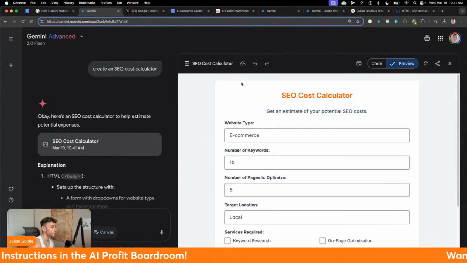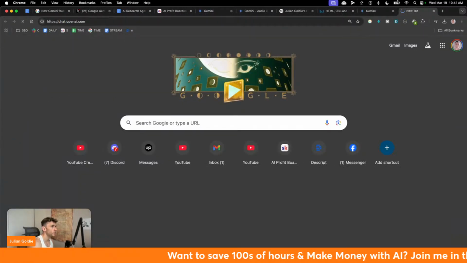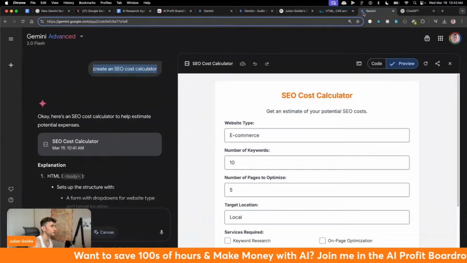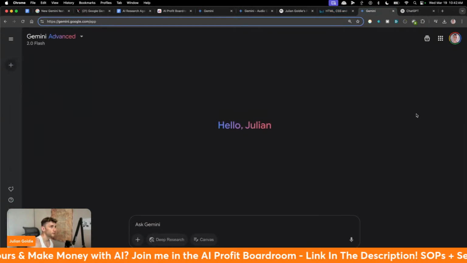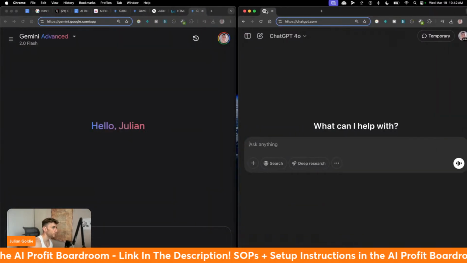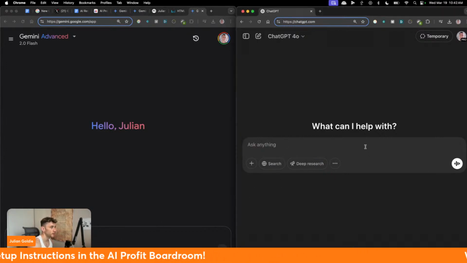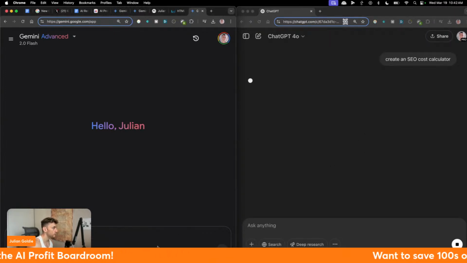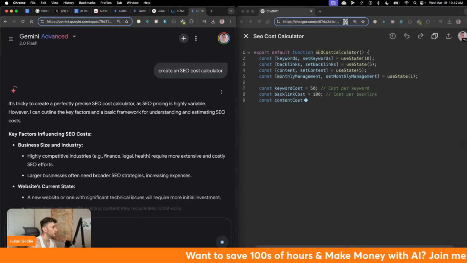It doesn't seem to be as annoying as using ChatGPT sometimes on the canvas. And they've definitely stepped up the game. I mean, for example, let's do the exact same prompt inside Gemini versus ChatGPT Advanced. So I'm going to plug this into Gemini and ChatGPT at the same time and see, number one, how fast each one is, and number two, which one comes back with the better output, all right? So we'll say create an SEO cost calculator. I'll give ChatGPT the head start, like you can see, and then Gemini, and we'll see which one creates the canvas